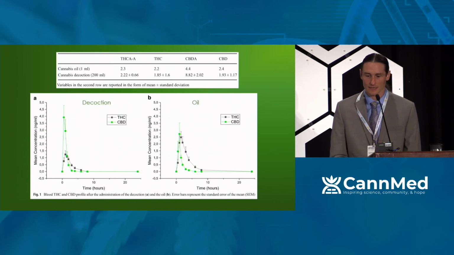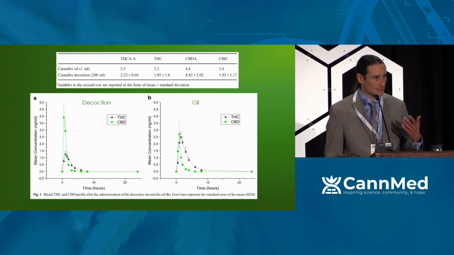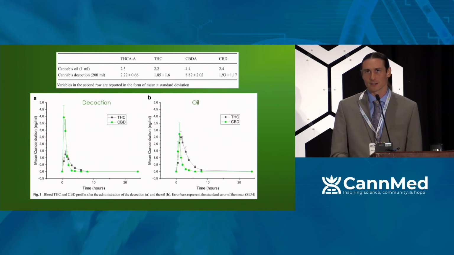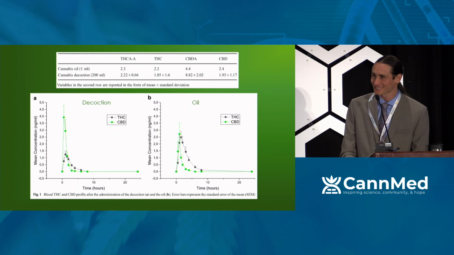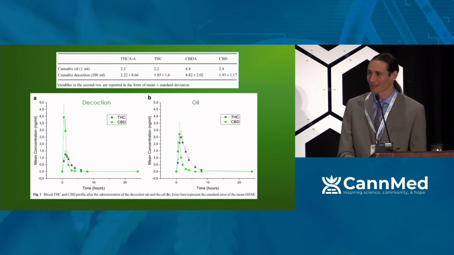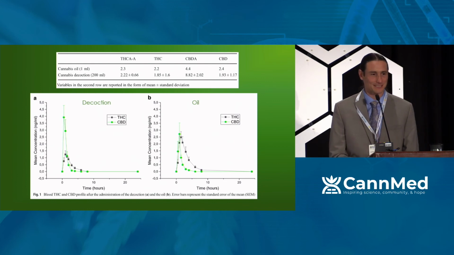First, we can see a comparison of THC and CBD when taken in two forms. One is a decoction, which is like a tea except it's simmered for a prolonged period of time while covered, and the other is an oil. And you can see that these were so-called galenic preparations out of Italy. Some of the studies out of Italy are looking at the right things, but I feel like the rigor of their starting materials and procedures can be a little weak. But I'm so glad they're looking at THCA.